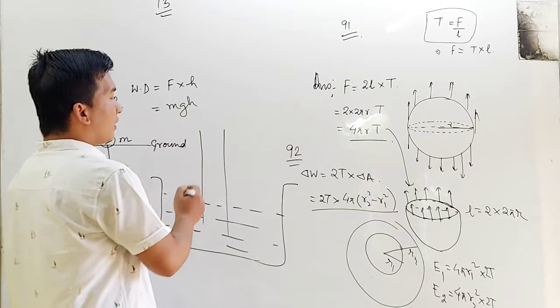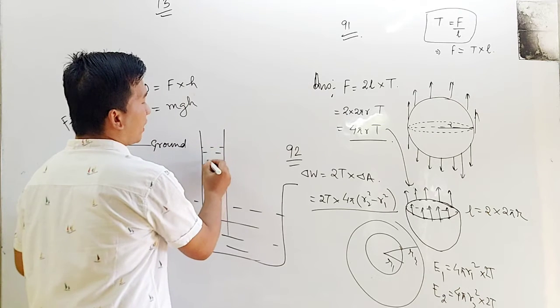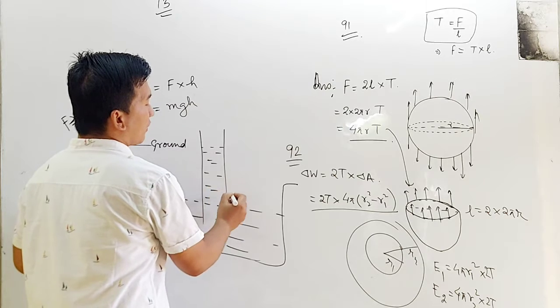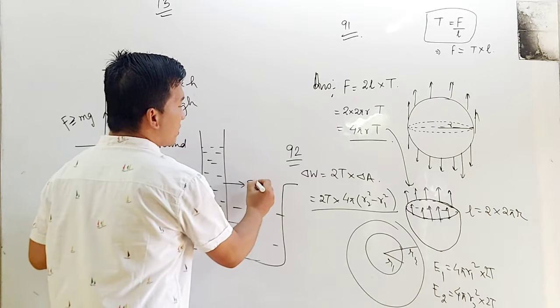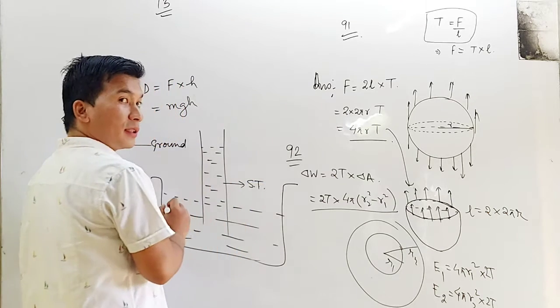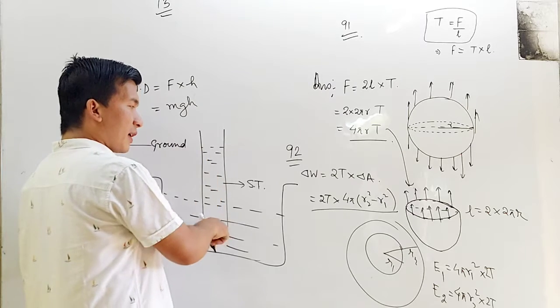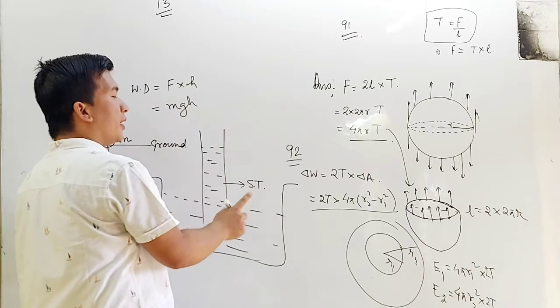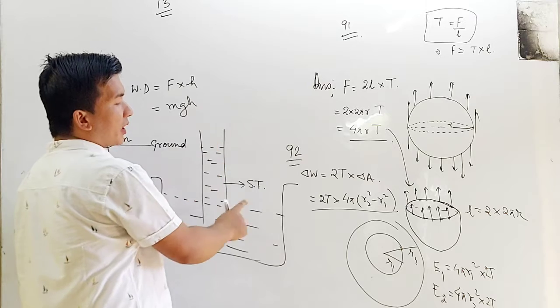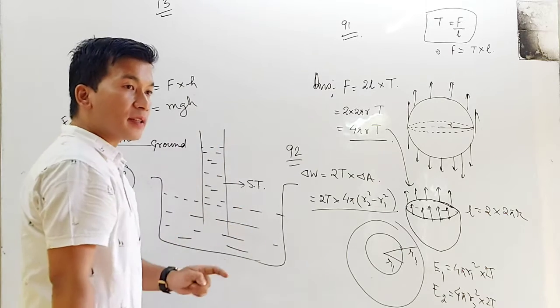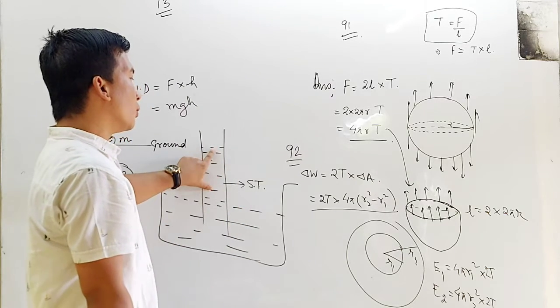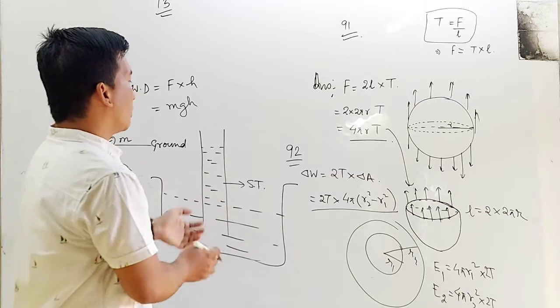The rise in the capillary is due to surface tension. The rise in the capillary, that is capillary rise or capillarity, is due to surface tension, and this surface tension will overcome